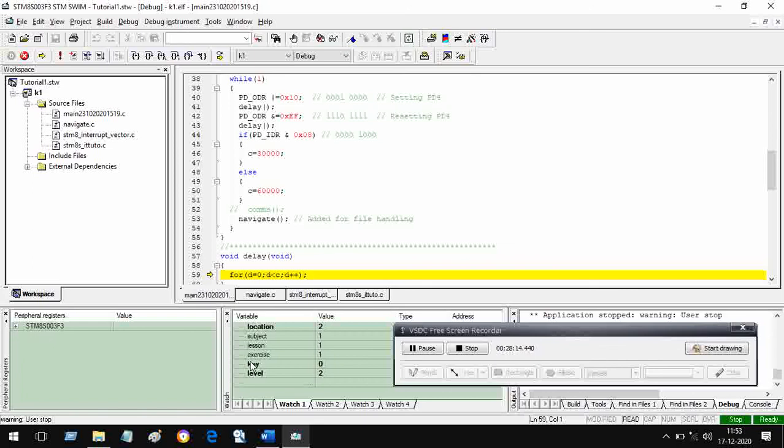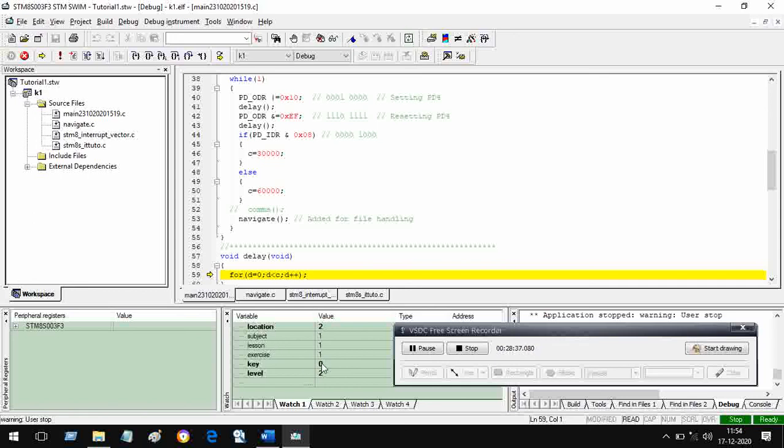You are at lesson 1, subject is 1, exercise is 1. So because you had changed the level, you automatically come to exercise 1. Even if you were at exercise 10, you will come back to exercise 1. Lesson will not change, that you now have an option to change.